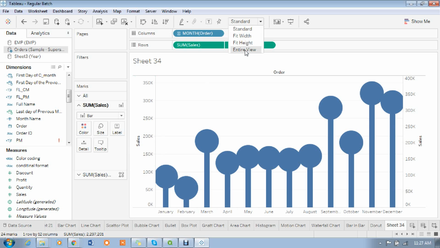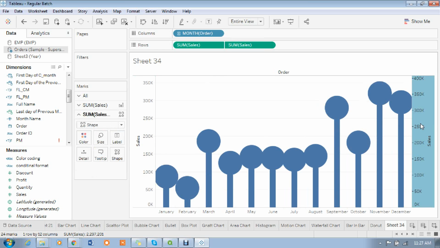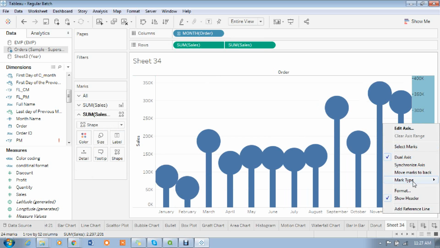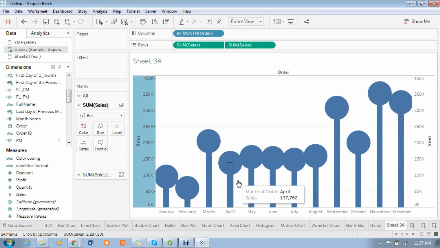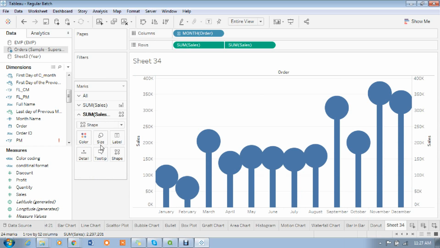Okay, stand up to enter here. Yes, madam. Again, if you want to synchronize both, you can synchronize the values or something. Yeah, this is one type of graph, just to bring that in a bar graph. So you put the two measures in there. Yes, madam, two same measures.